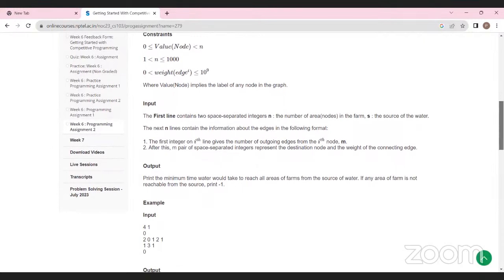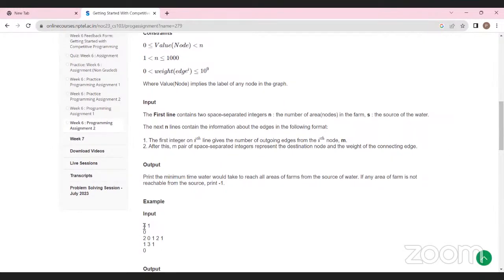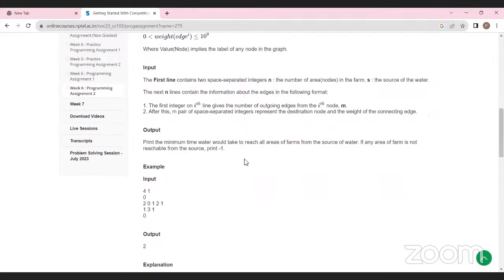Now, explaining the input itself, what you're given is the number of areas, meaning the number of small farms that are considered. Here there are 4 nodes, because we are representing it as a graph, the source would be 1, and the edges would be in the next column. So the 0th index actually has 0 outgoing edges.